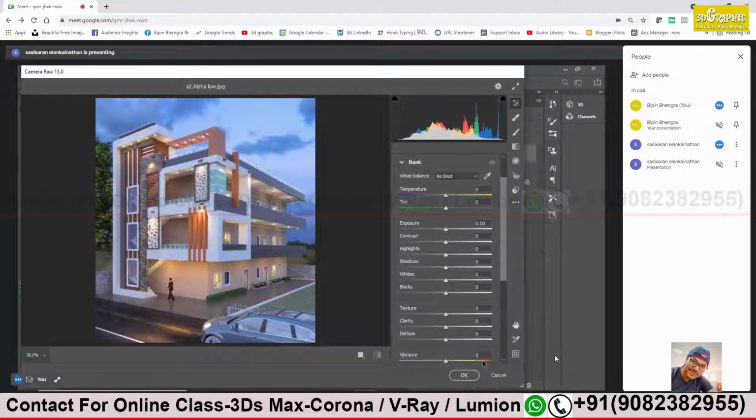We start with the temperature. Slightly increase the temperature toward the yellow. You see the warmth of the texture is increasing, no? Yes. So this again depends upon your point of view, how you want your scene to look. If you decrease, it will be more blue tone. If you increase, it will look more warm tone, because the light color which I have used is a little bit yellowish, no? So it will give a nice warm tone to those yellow colors. So I usually increase the yellow shade a little over there.